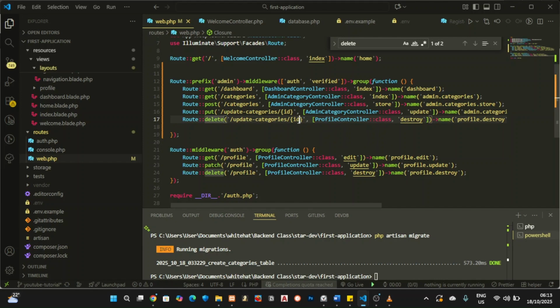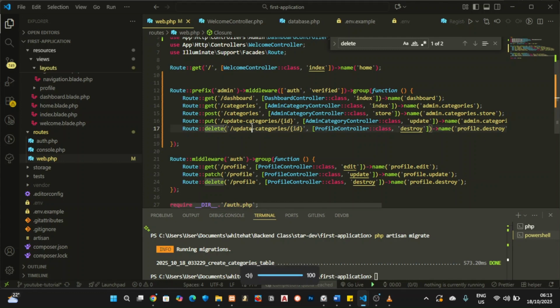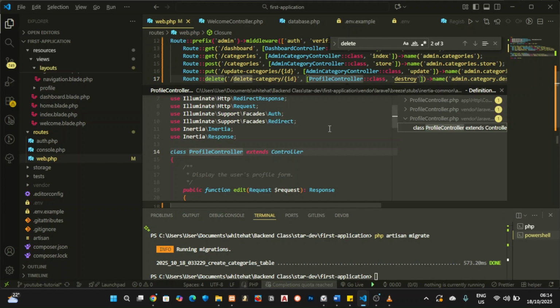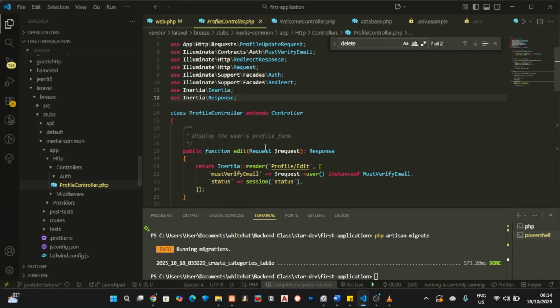I'm going to be using the ID, so delete category with the ID there, and the method is destroy. This will be admin.category.destroy, and inside my controller,